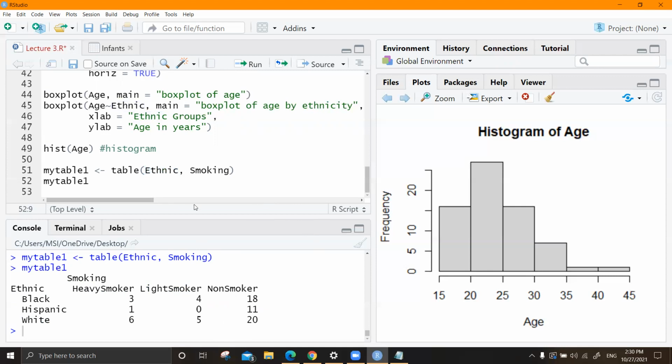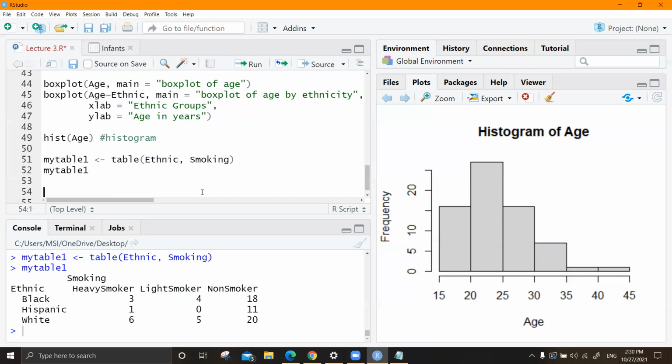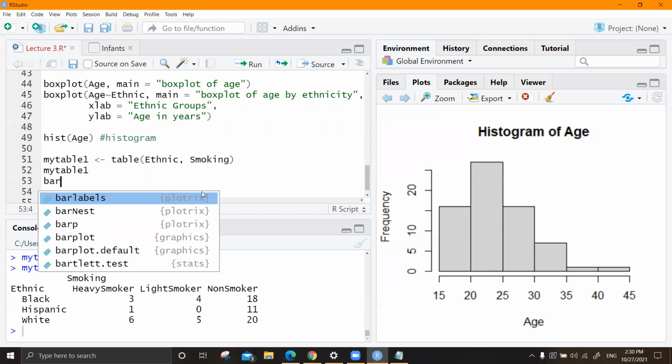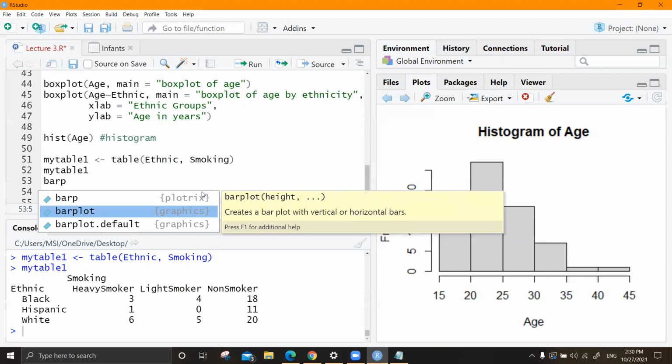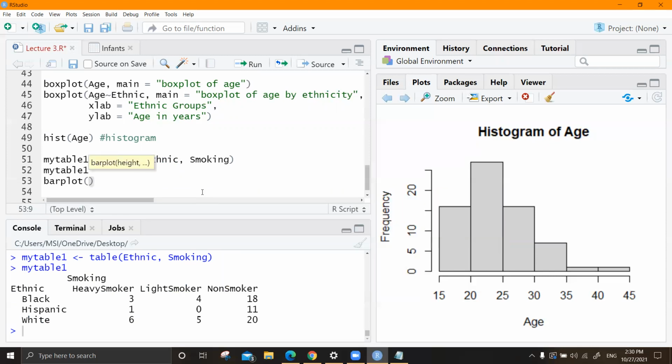So you have to have something like that in order to plot a stacked or a multiple bar chart. So it's the same argument as the bar chart you have to give, right? You have to have the table first, and then you type barplot.